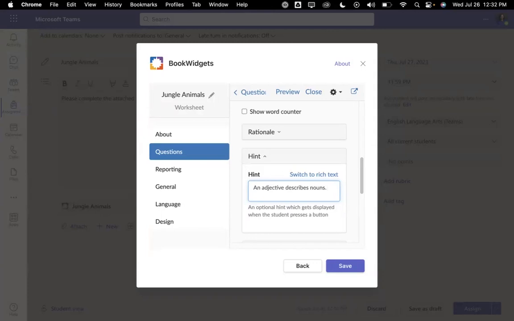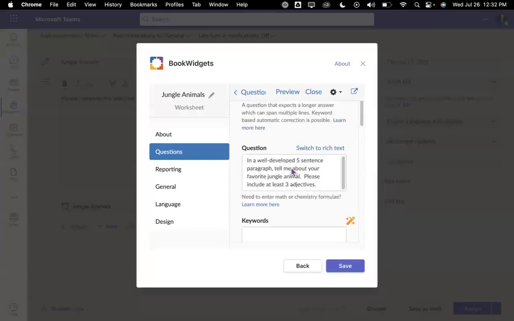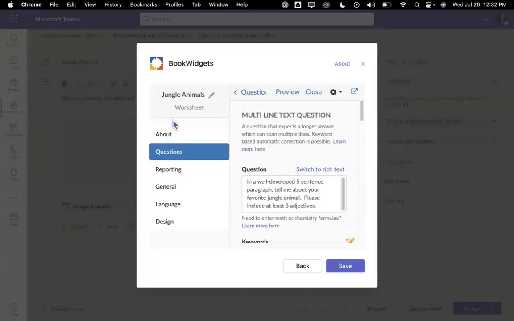So I'm going to give them a little bit of information. You could include a link in there. You could include an example, whatever you would like to provide for your students. So we've added our questions, but remember, we need to work all the way to the bottom of our reporting